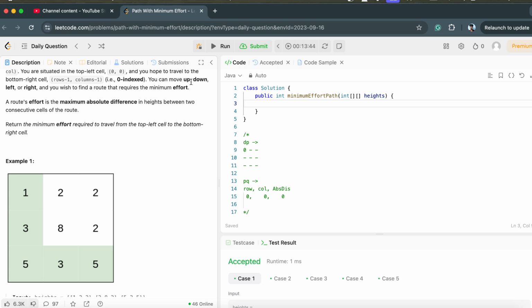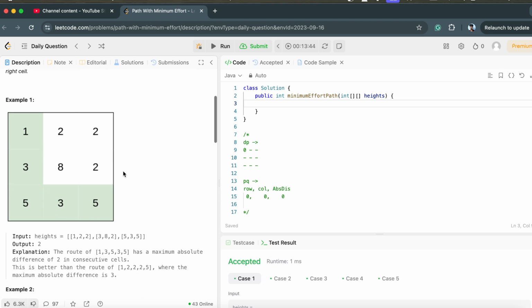We can move up, down, left, right, in any direction we want, and we just need to get the minimum effort required. So what is the minimum effort they are saying? A route's effort is the maximum absolute difference in heights between two consecutive cells of the route. Return the minimum effort required to travel from the top-left to the bottom-right cell. So we are at this location and want to reach this one. We want to explore all the paths, and for each path we get the maximum absolute difference. Whichever path has the minimum of these is what we need to